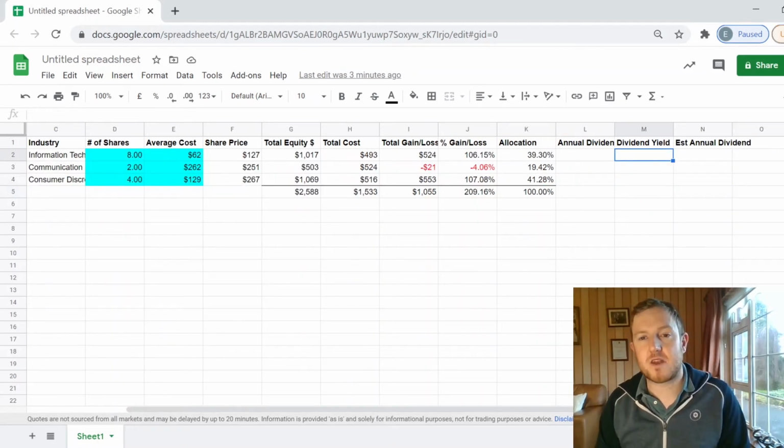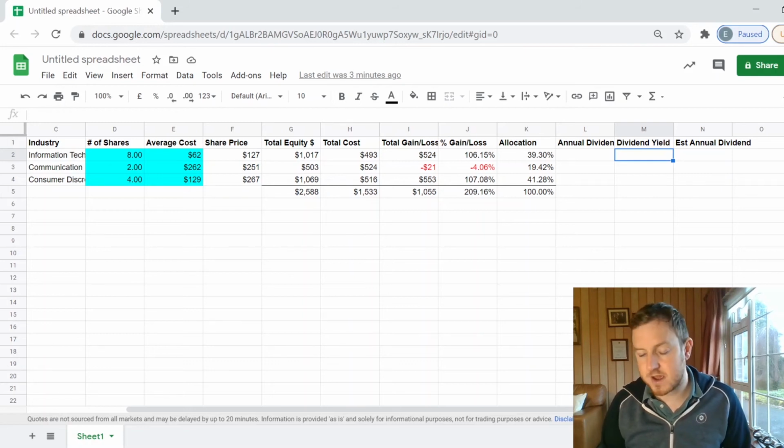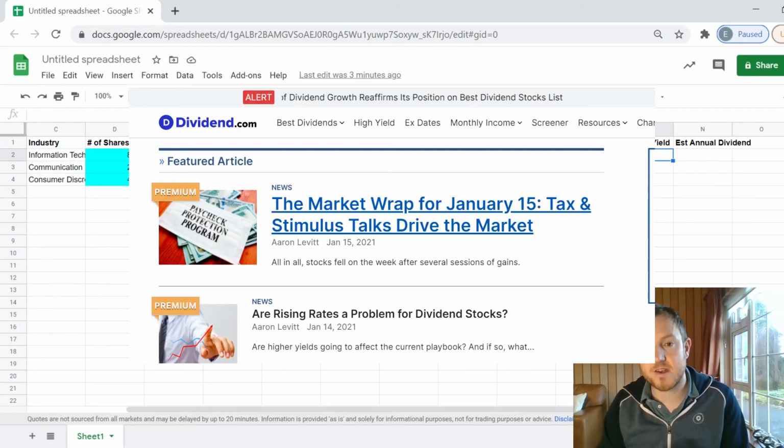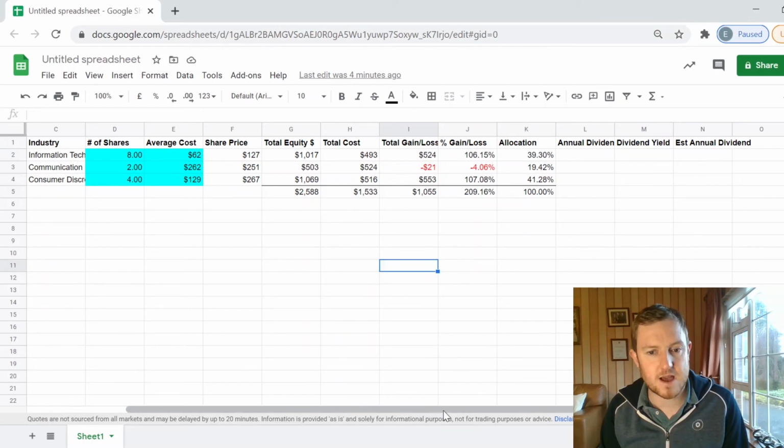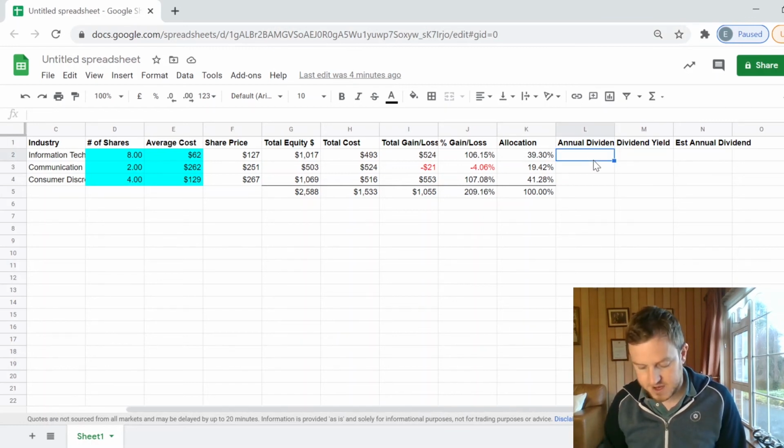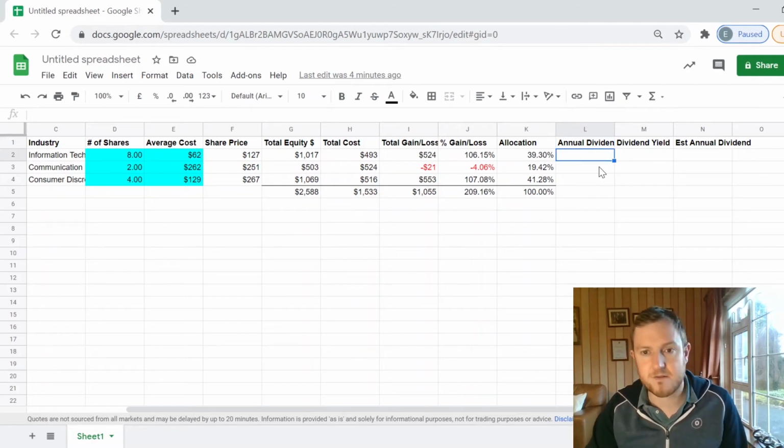So the next few columns I'm going to add in here are to do with dividends. So it's good to be able to track how much dividend income you're expecting to receive every year. A good place to get that information for dividends is dividend.com, which is a good website. So the ones I've selected at the moment are not really dividend paying stocks, more growth stocks, but Apple does pay a dividend out. So I'm going to put in the information that I have here for Apple, and then we'll start filling out these columns. So annual dividend is, let's just say for example, I can't remember off the top of my head, but I'd say it's